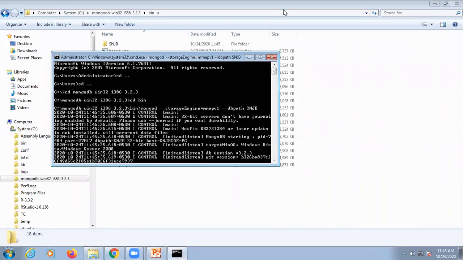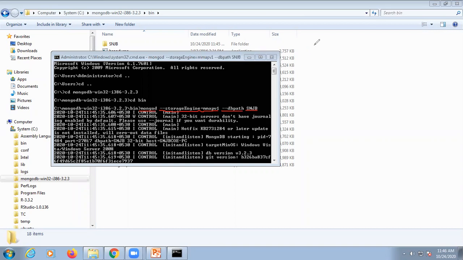Here if you see, the command is mongod space dash dash storageEngine equal to mmapv1, then again space dash dash dbpath space and the name of the folder you have created. As I have created the snjb folder, I have given here snjb.